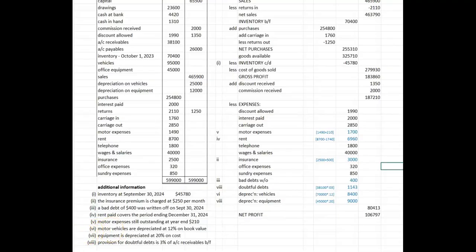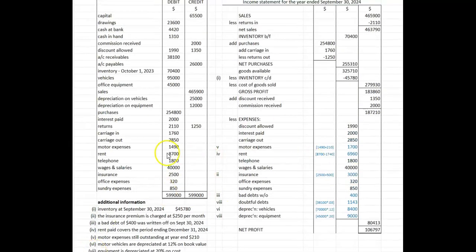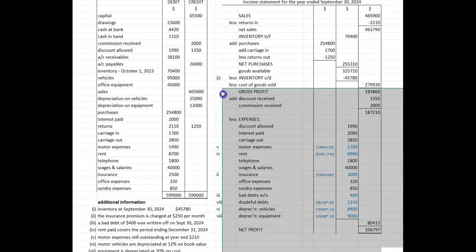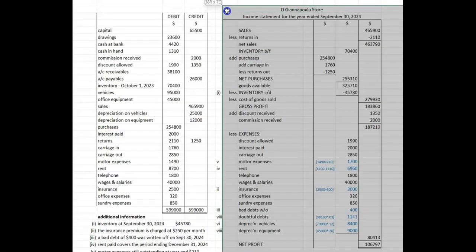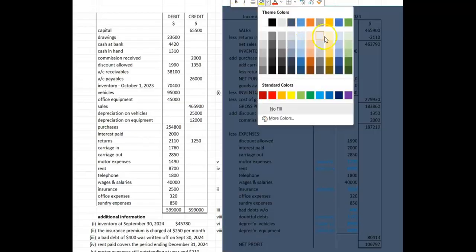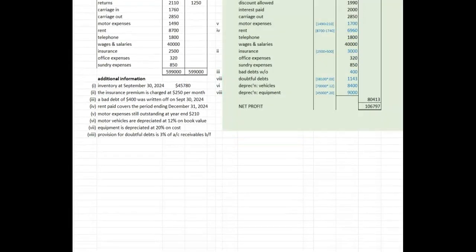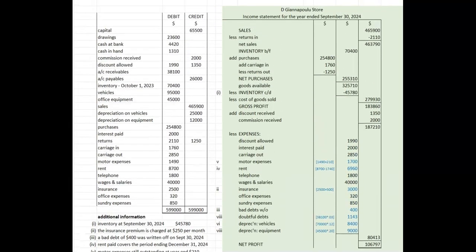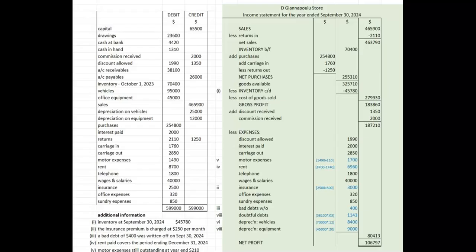Let me just put in the lines. All right, so I think I have all my lines in. Everything looking neat and tidy. All right, let me just give you back my answer area again so you can see clearly my answer area. Let's get a nice little color. So there you go. That's the income statement for the Giannapoulou